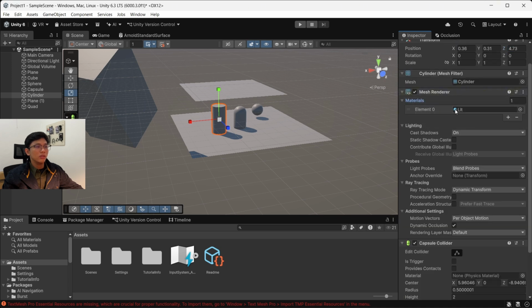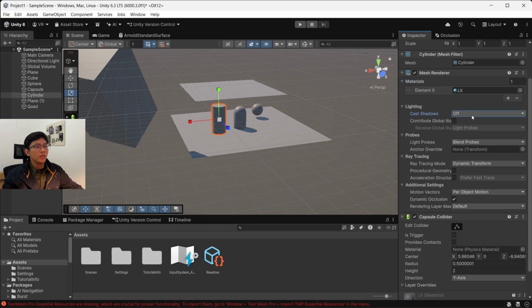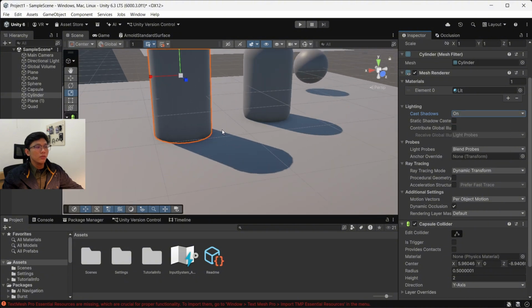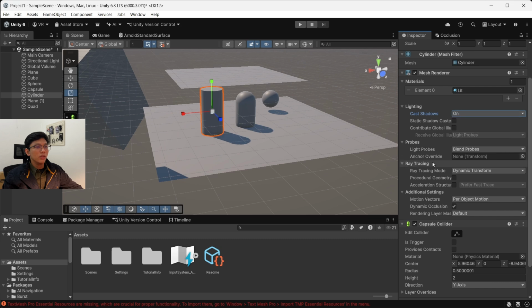Scale controls the object size in Unity. Cast Shadows Off means the object will not cast shadows even if there is a light source in the scene. Cast Shadows On means the object will cast shadows when hit by light. Ray Tracing Mode determines how Unity calculates ray tracing for the object.